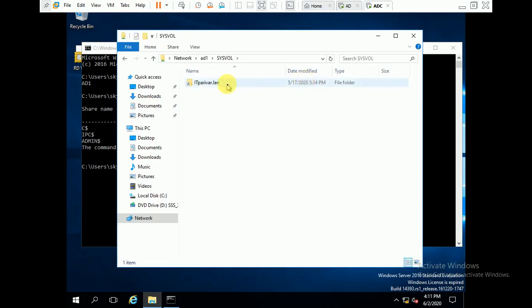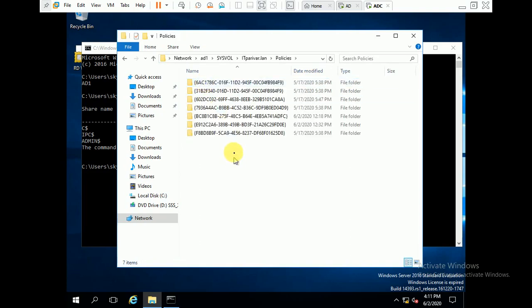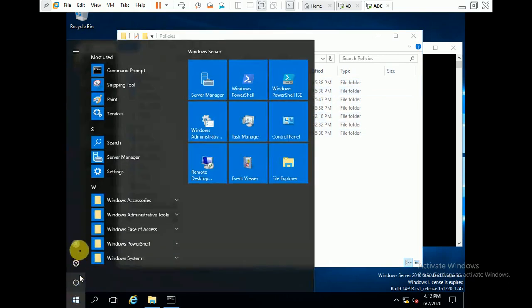In the sysvol folder, itparivar.lan, this is the domain name, I already showed you in the server dashboard, local policies. I was trying to clear the policies replication also, as I described in this video. So I will show you this. These are all policies which you have created in your GPO. Now I am going to open